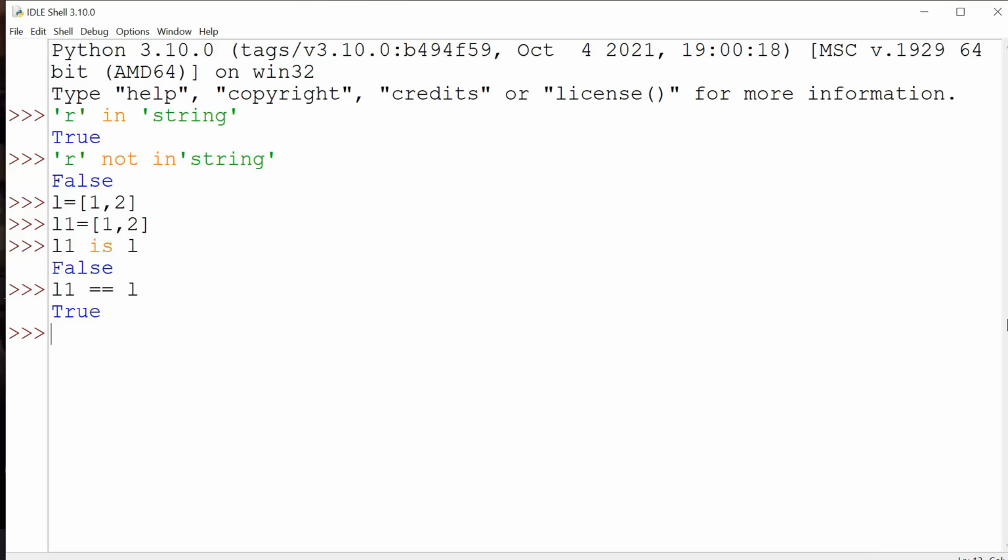When we check L1 is L, it returned false because in that condition we are checking whether L1 and L have the same object or not. They do not have the same object, so it returned false. When it comes to L1 double equal to L, it checks the values of the two objects, so it returned true.